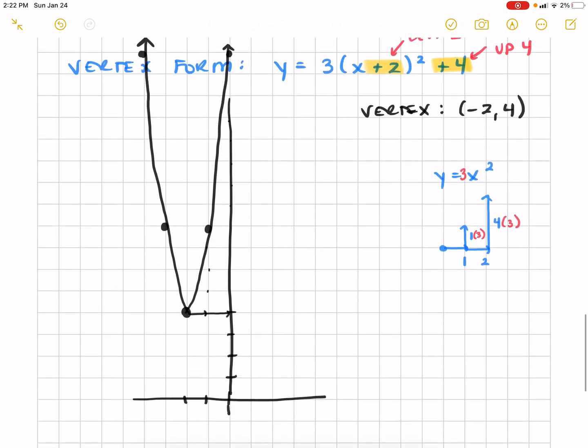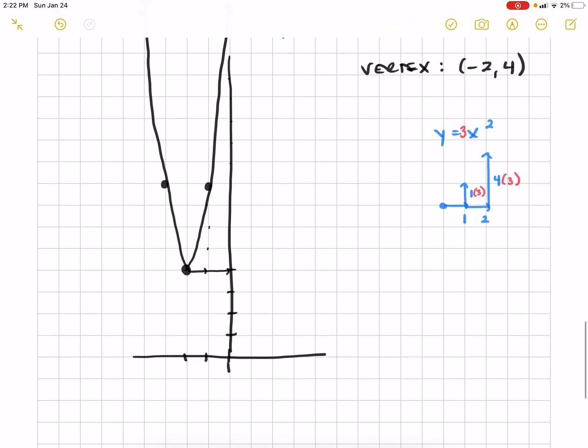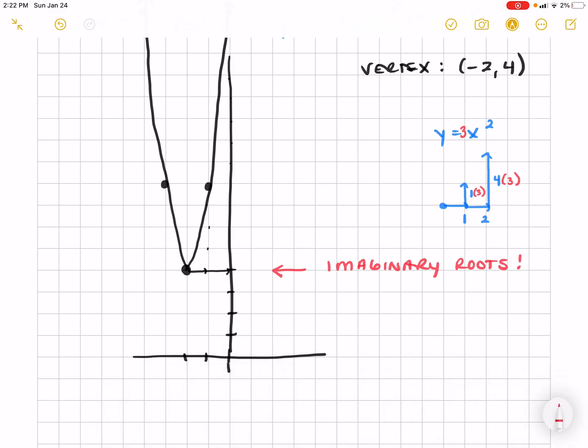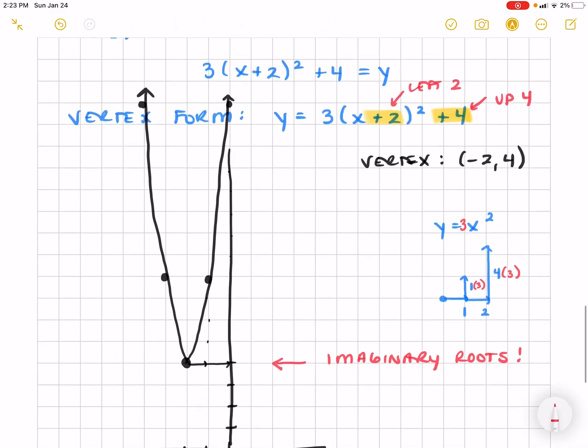So that's what we're going to work on in class, is we're going to work out how to use completing the square to convert. We're going to graph the parabola in vertex form, and then we're going to review some different attributes of the parabola. The last thing I'm going to say to wrap this up, okay, is since the parabola does not cross the x-axis, we would therefore know that this parabola is going to have imaginary roots, which is what we've been practicing in class finding. Okay? Well, hopefully this made a little bit of sense, and we will work on